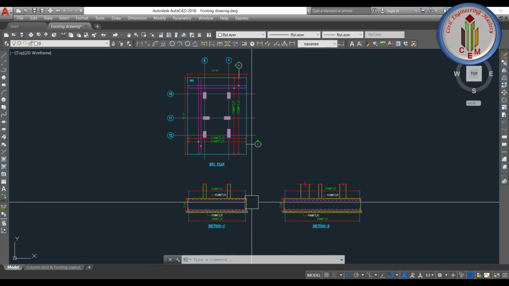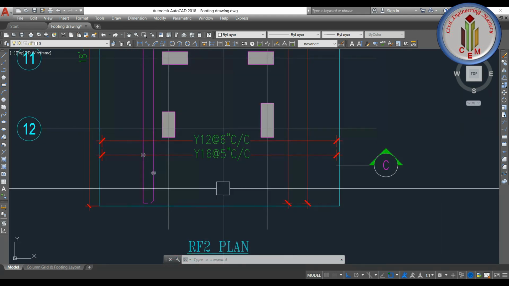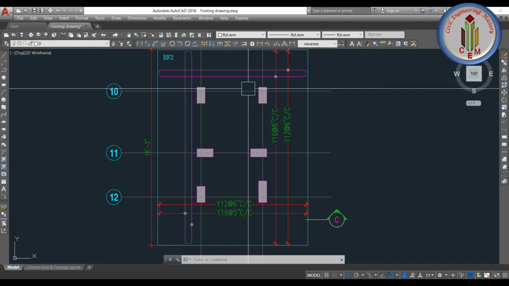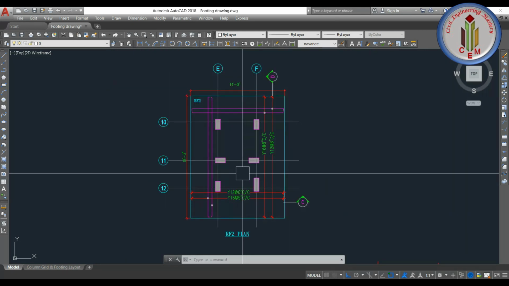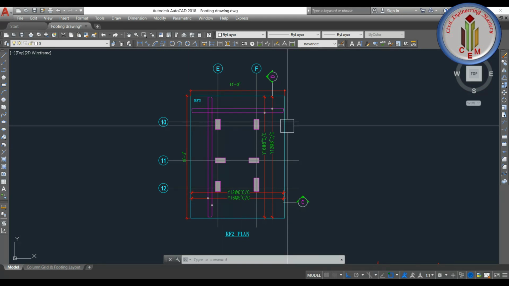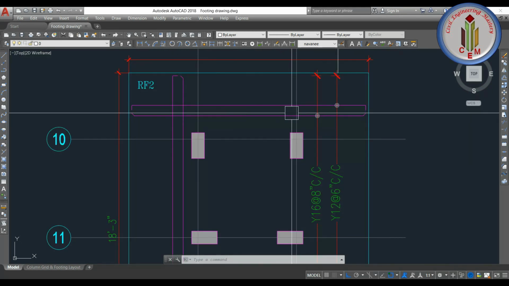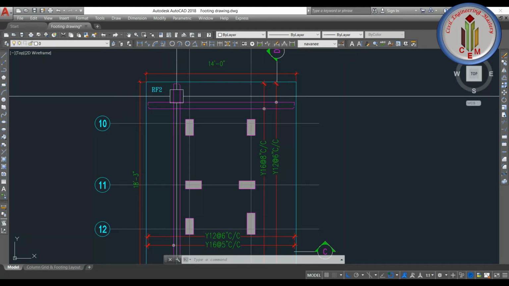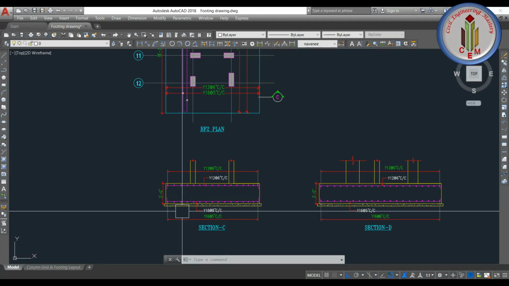Now let's see the AutoCAD drawing for raft foundation. We can call it a mat foundation as well. See here in this footing there are 6 columns. So all together we can make it as a single footing, raft footing or mat footing. So here also we have to provide the reinforcement in bottom as well as in top, just like combined footing reinforcement. You can see the section.